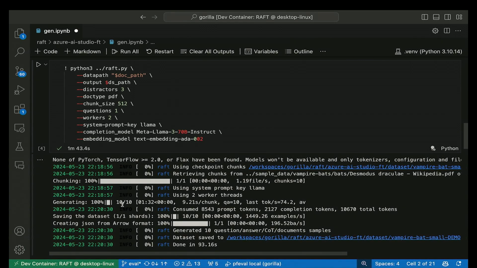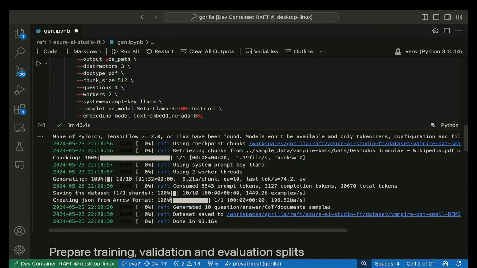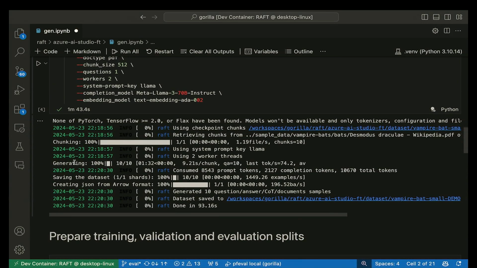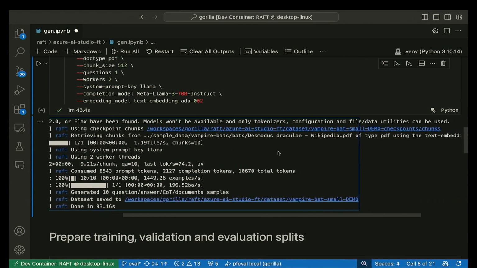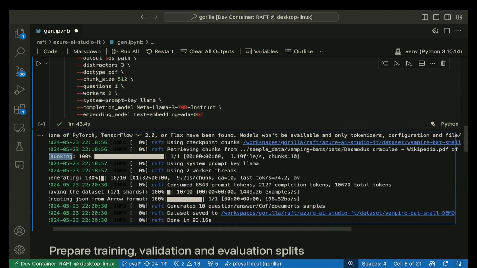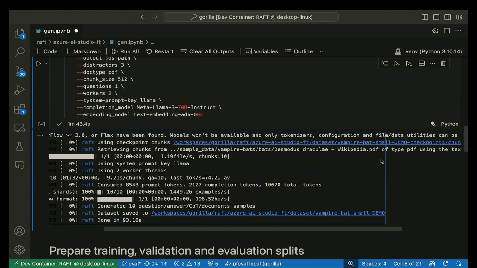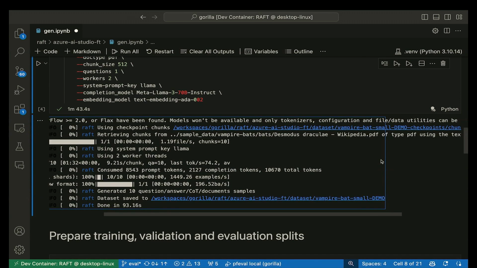Yes. So, as we can see, the script has completed. And as you can see, there is a chunking phase. And also, by the way, here we used only one of the PDFs. So it's just one document, and I took the smallest of the PDFs that I had, just so that for the sake of this demo, it would be fast. Because don't get me wrong, the process of generating the whole data set takes some time. It takes hours and sometimes days for big domains. But in this case, it was very fast.